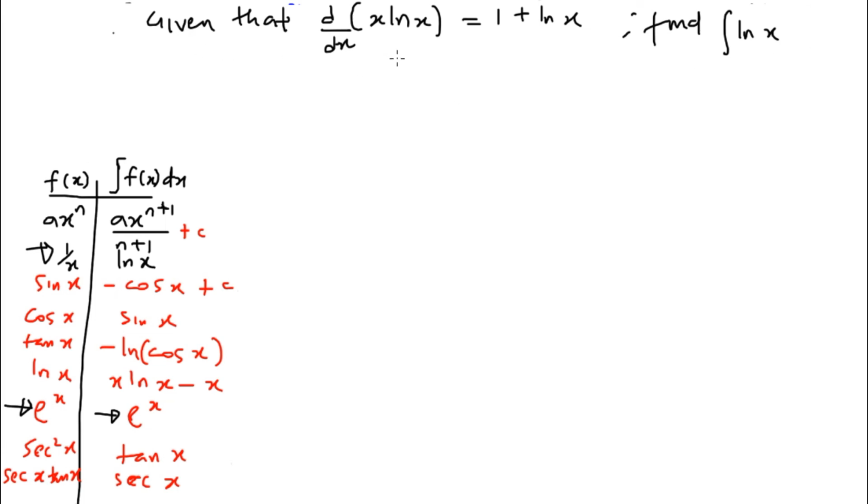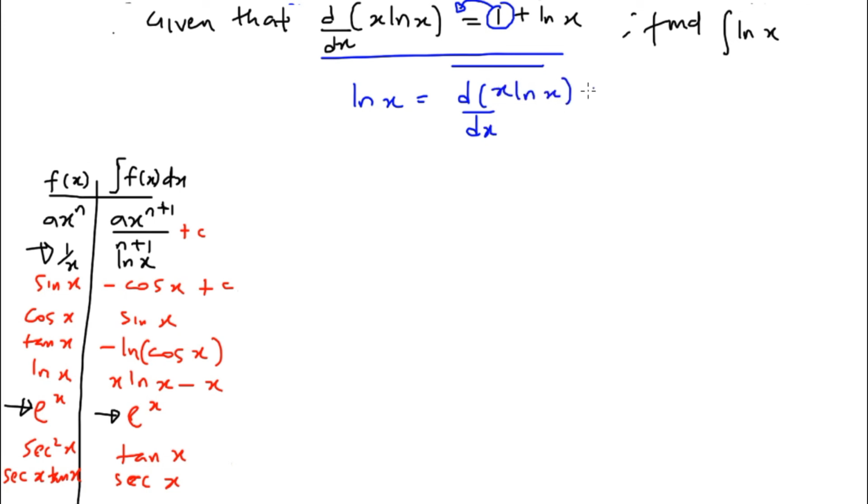So what I would do using this particular equation, because that will help me to be very fast about this solution, is make ln x the subject of the formula by taking this 1 to the other side of the equation. So ln x will be equal to d/dx of x ln x minus 1. That is, taking this positive 1, crossing the equal sign, becomes negative. So if I integrate both sides,